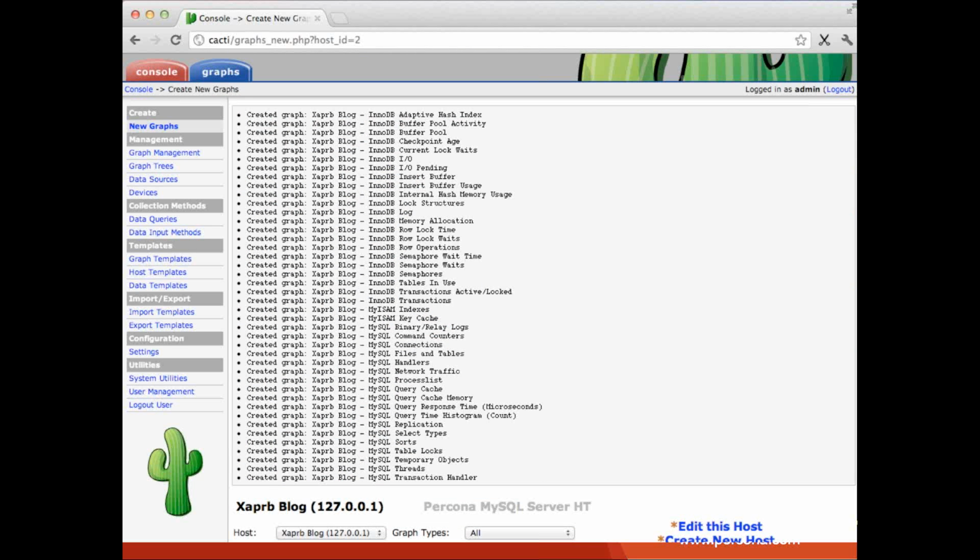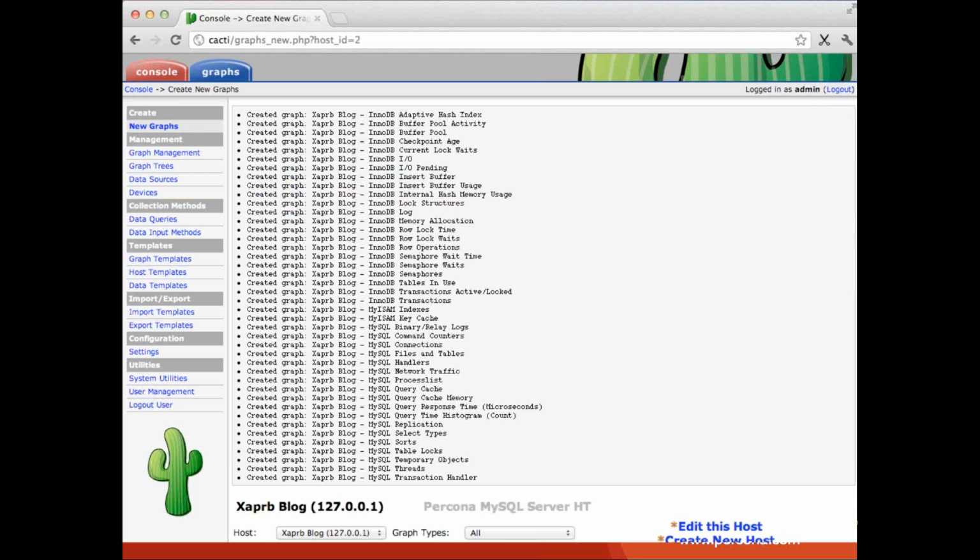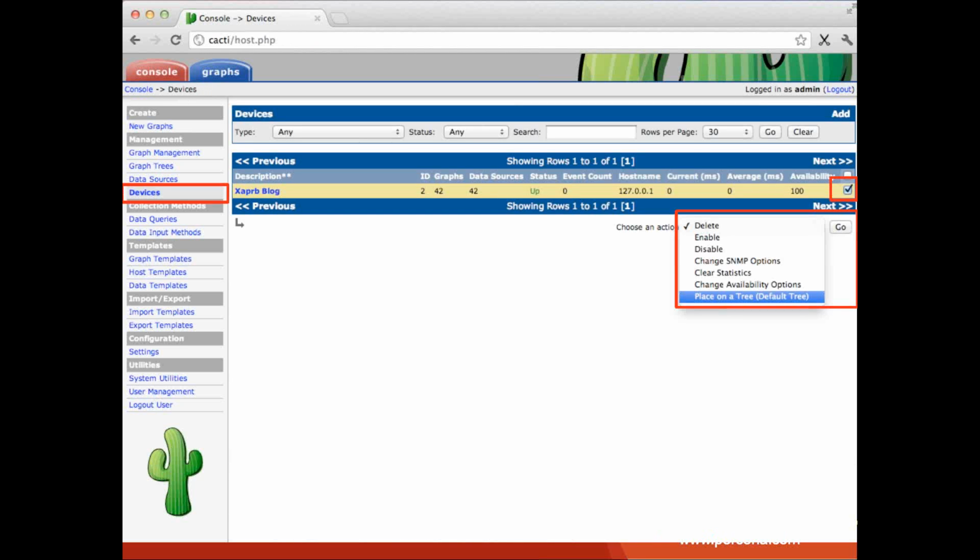And if you do that, you'll see Cacti will say that it's created all of these graphs. Now the graphs are going to start collecting data, and you'll be able to view them in a few minutes. There's one more step before I actually go and look at the graphs that I've created, and that is